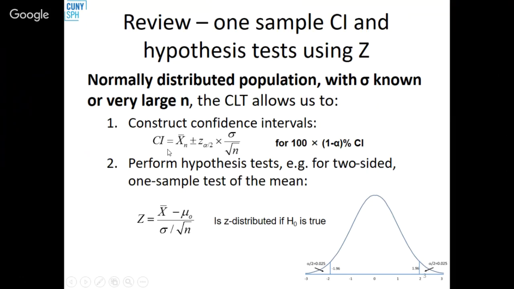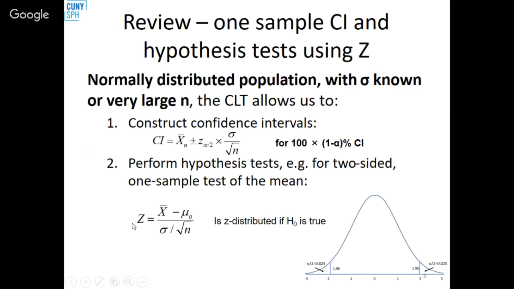And from this, you've learned both how to construct a confidence interval, which is just a sample mean plus or minus the so-called margin of error. The margin of error involves the standard error and a critical test statistic, which in this case is calculated from the z distribution. And alternatively, for our hypothesis test, and there's an equivalence between them,